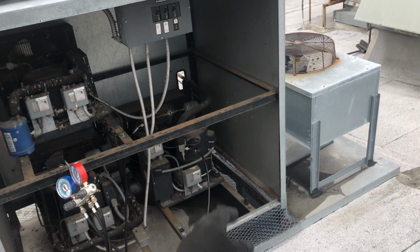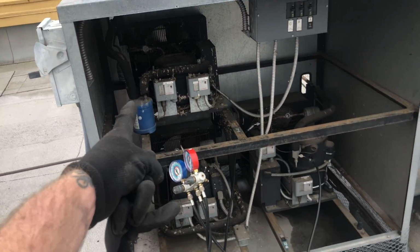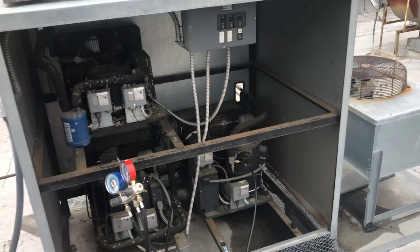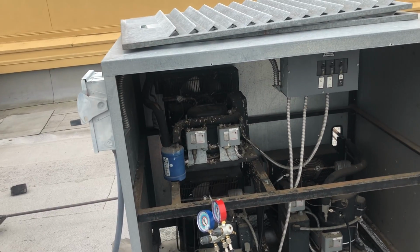Bring out the walk-in box unit. Those two were flat. I'm gonna change the evaporator coil on this one. These are all getting new evap coils. And then,